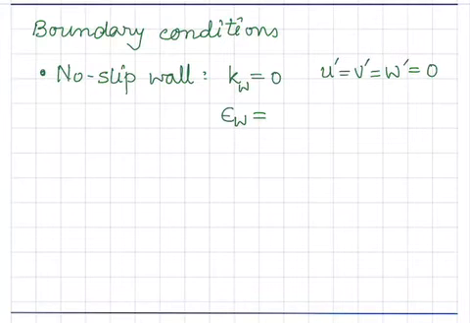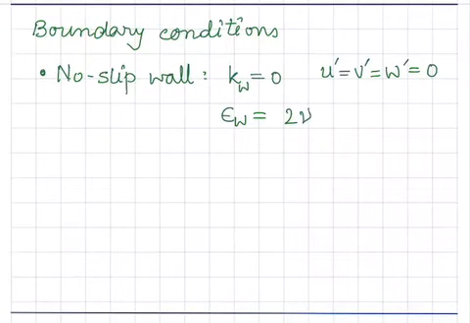Epsilon, on the other hand, turns out is not equal to 0. It has a finite value. If you think about epsilon as the dissipative effect, the friction effect that kills turbulent fluctuations, then obviously friction effects are high near a solid wall. And it turns out that there are ways to derive this, and I will give you one of the final answers, that you can write epsilon